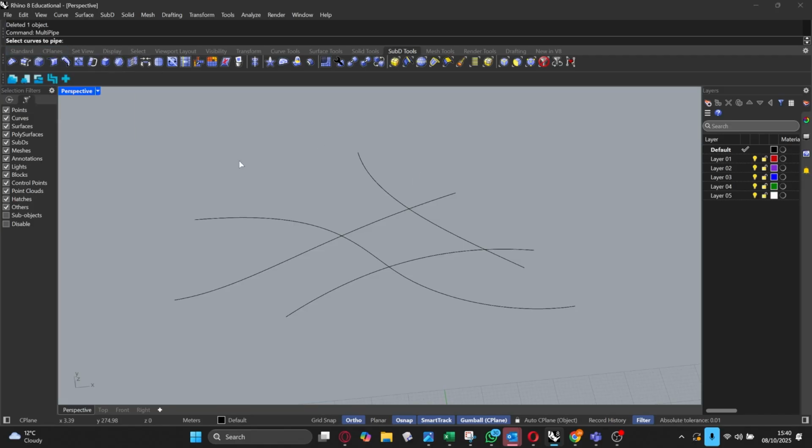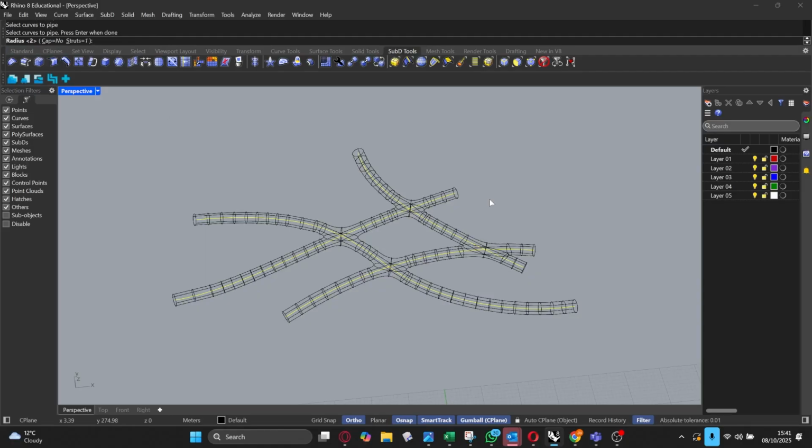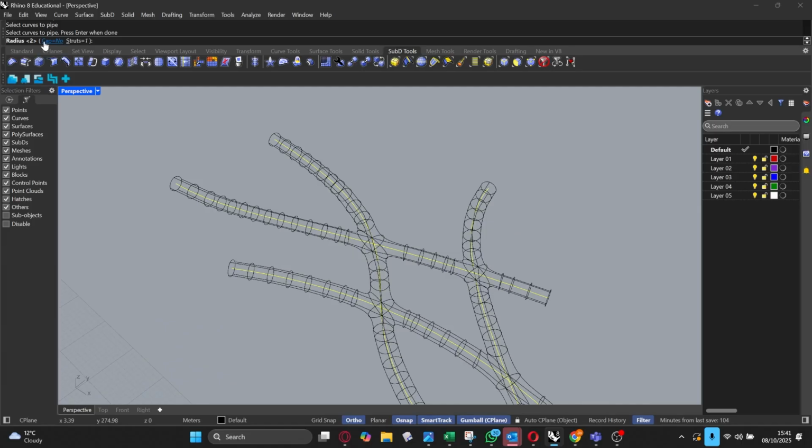So one of the rules in Rhino that I reiterated last week and that I'll always reiterate in every session is if you follow what it asks you on the command line, typically you'll never go wrong. So if you're struggling to know what to do next, just look at the command line at the top and it'll tell you what it wants. So it'll say select curves to pipe. So we're going to select all the curves that we want to pipe and press enter when done. Okay, so now we can specify the radius